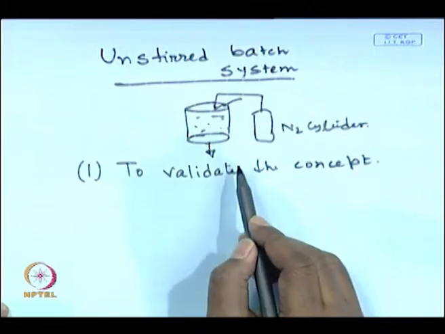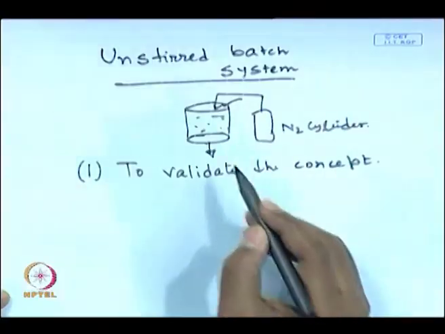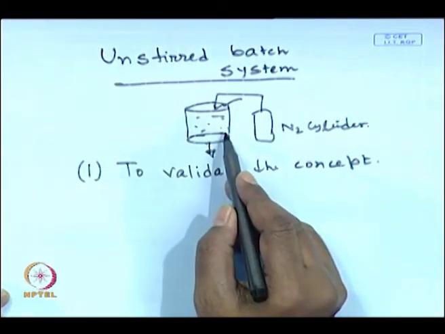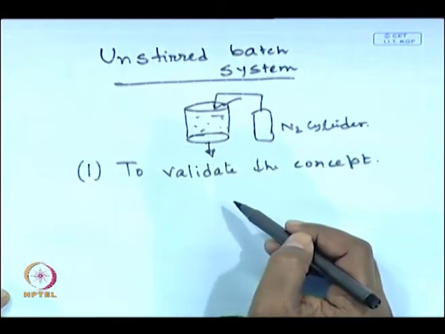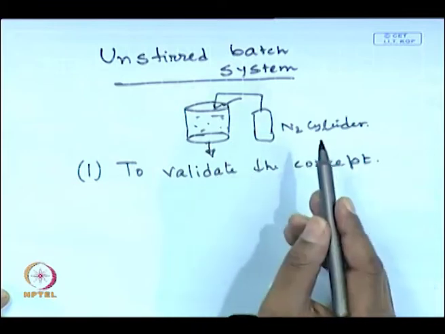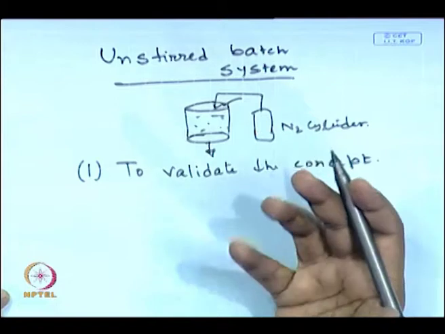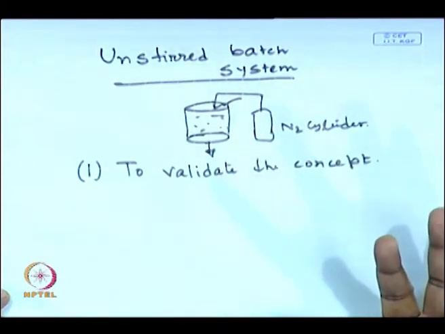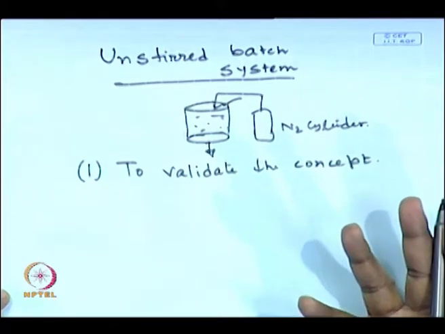Okay. So what we can do, since it is a small apparatus and there is no need of any power, is just charge the feed tank with the feed solution, pressurize it and leave it. So what will you get? You will get the permeate flux, and you just analyze the permeate quality. If the permeate quality is up to the mark and acceptable, that membrane will be good enough for a higher scale up or higher module.